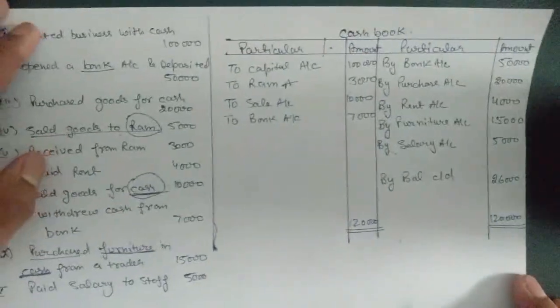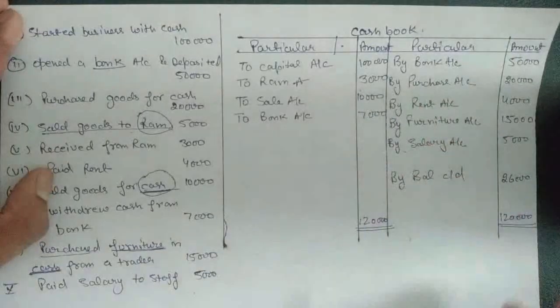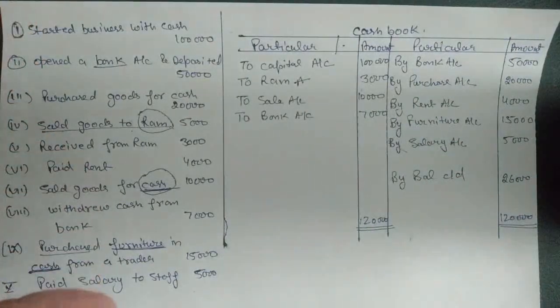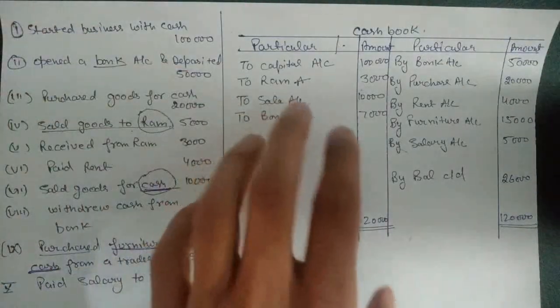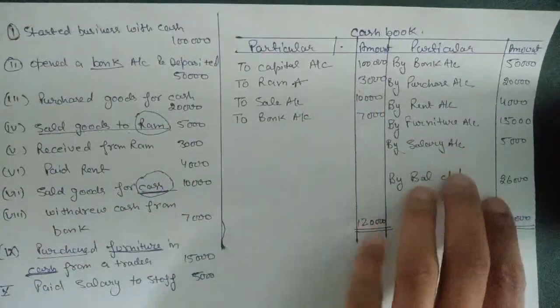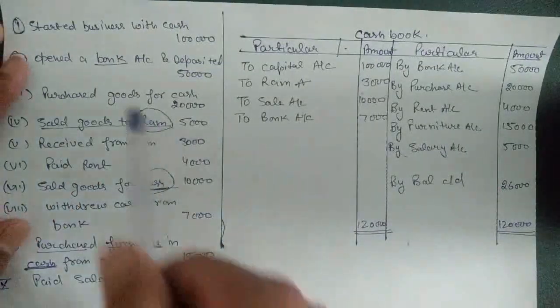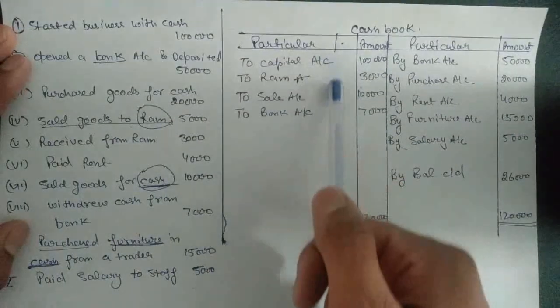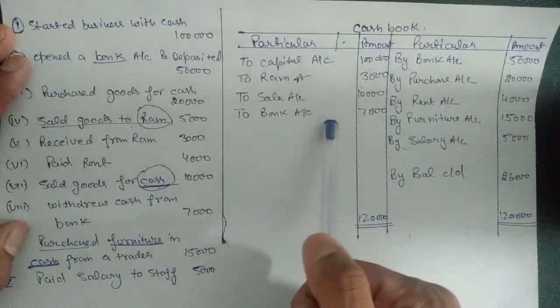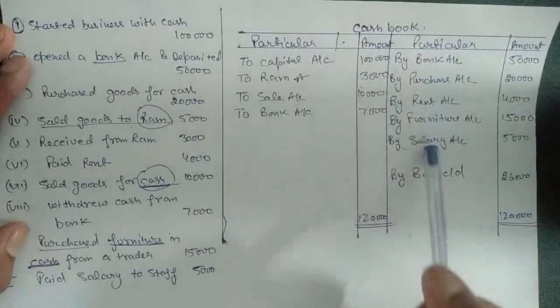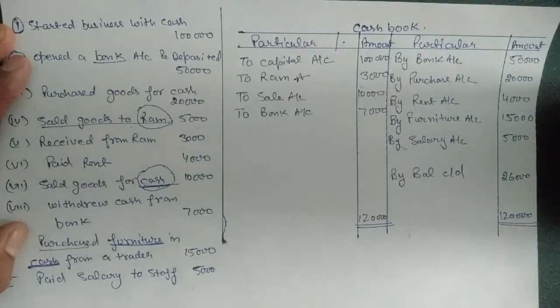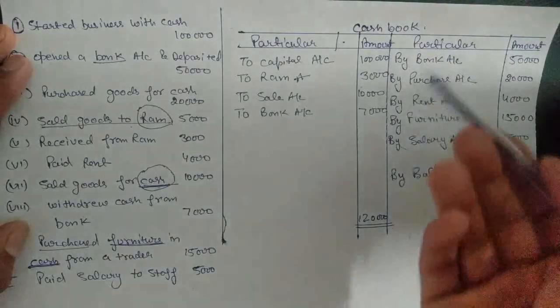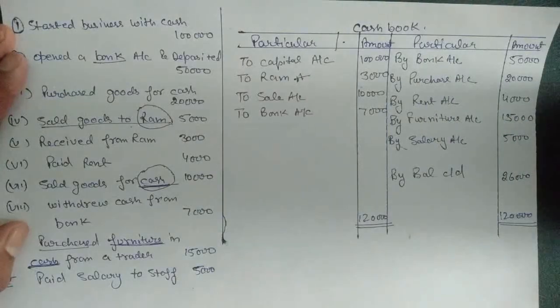So this is cash book, and we have done a few entries on how to post in cash book. So the basic funda for posting in cash book is debit all the inflow and credit all the outflow. So as in the question we have done, we debited all the inflow of cash and we credited all the outflow of cash. So hope you got the point of cash book, of inflow and outflow. In next meet we will discuss about double column cash book.